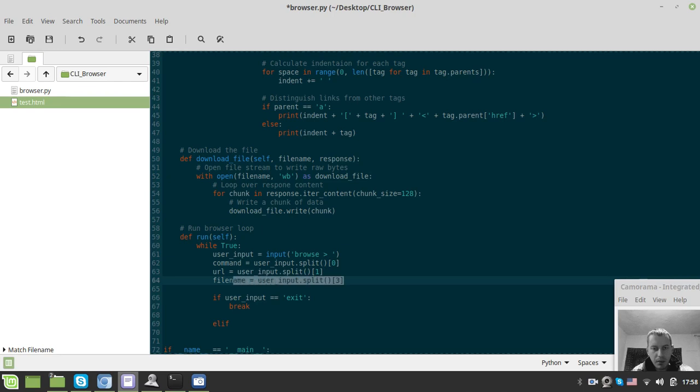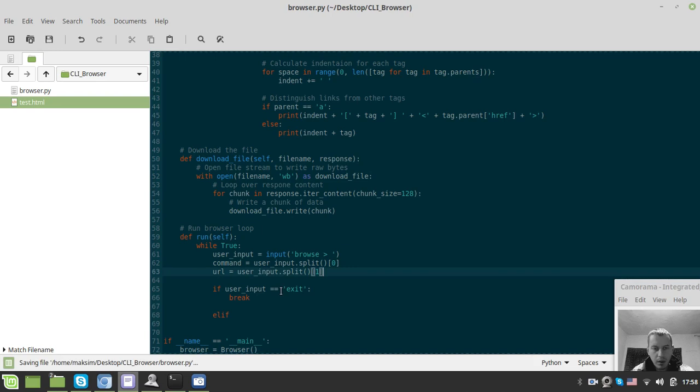Okay, but file name is not to be extracted here. So okay, elif command is equal to fetch. So for now just print fetch URL and the URL that we have provided here. So URL,